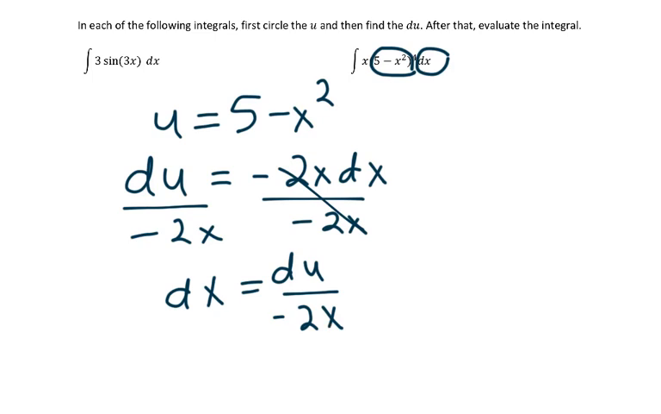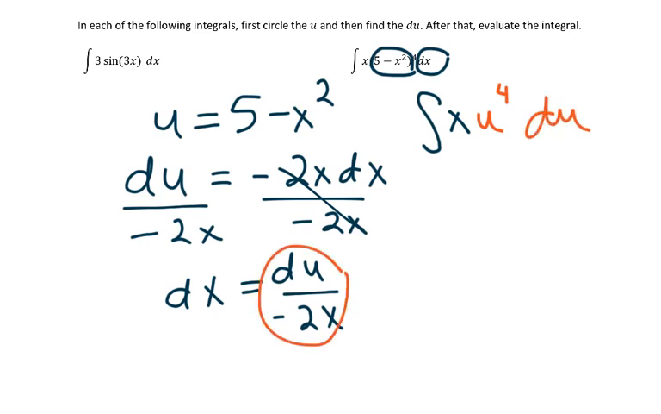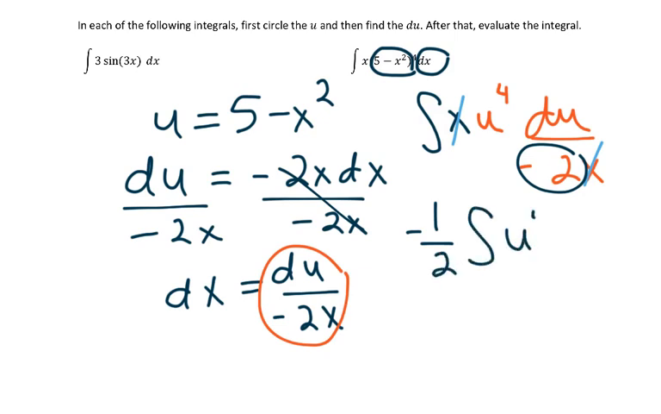Alright, so let's substitute what we know. We have x still. Instead of this 5 minus x squared, that's really a u to the 4th, right? And instead of a dx, we're going to have du over negative 2x. Again, the nice thing about this is that things cancel. If they don't cancel, you might want to rethink what your u is. But the x cancels here, and notice this negative 2 is a constant, so I'm just going to pull it out. It's negative a half. But really I'm looking for the integral now of u to the 4th,